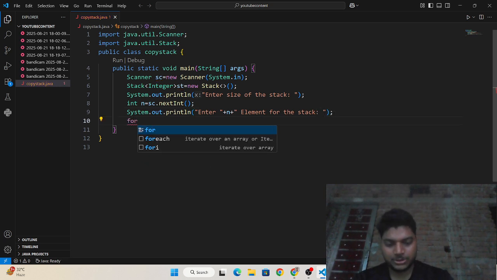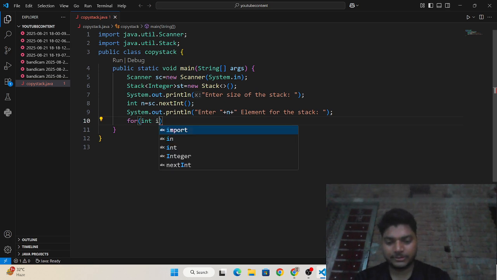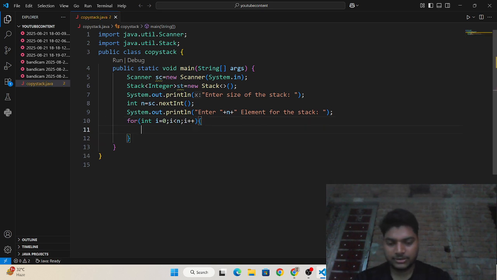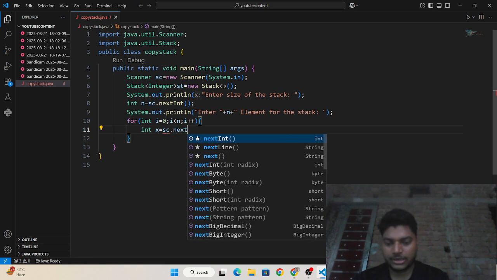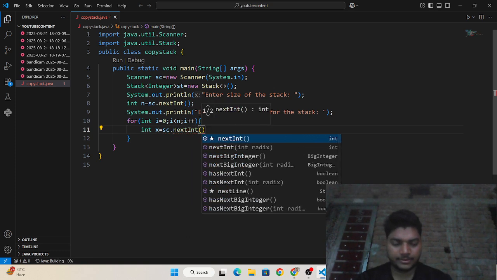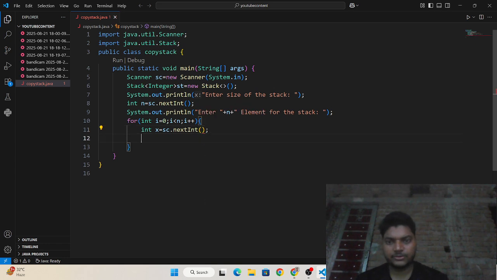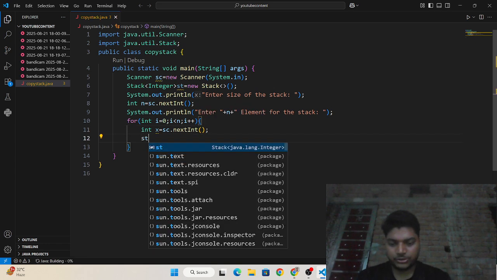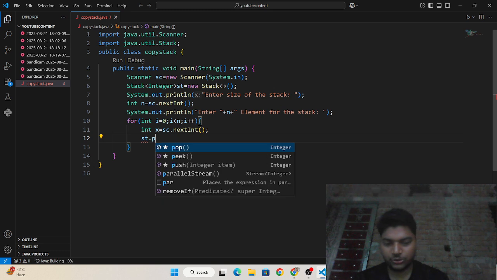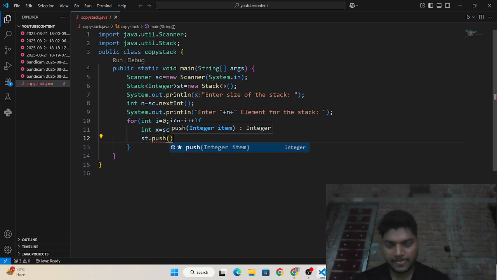I am going to take it using a for loop, for i from 1 to n, i plus plus, int x is equals to sc dot nextInt, and just push it with st dot push x.